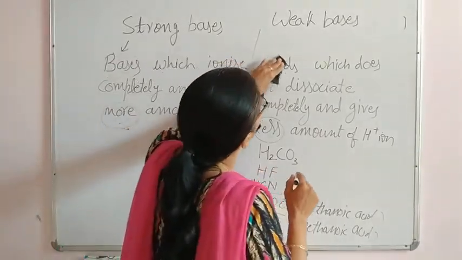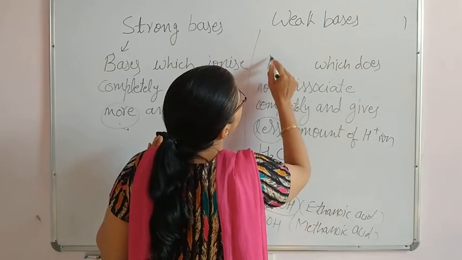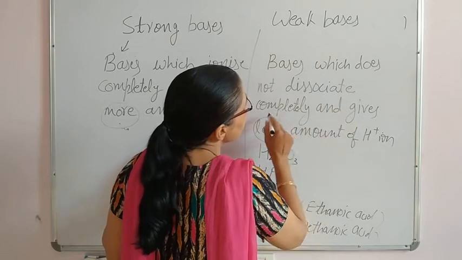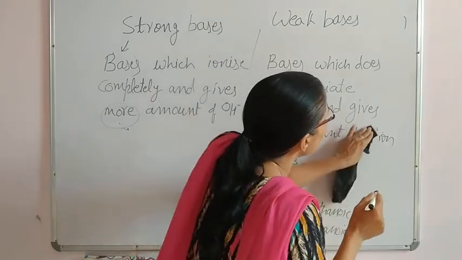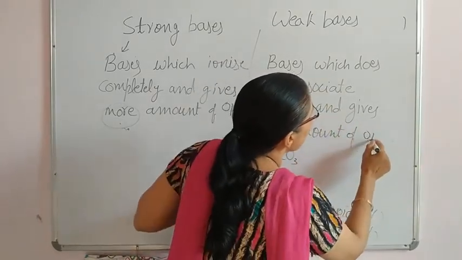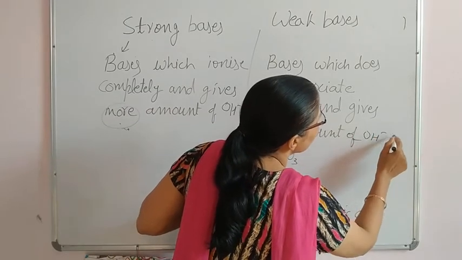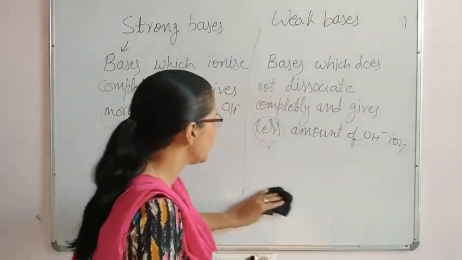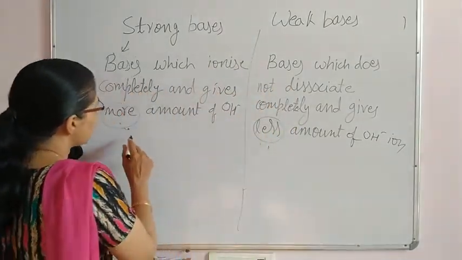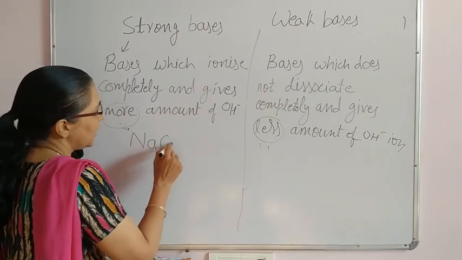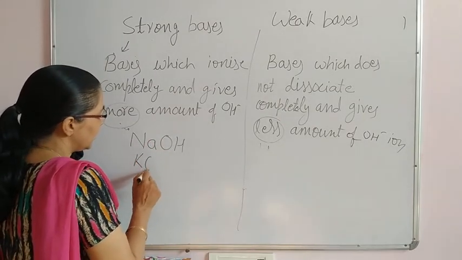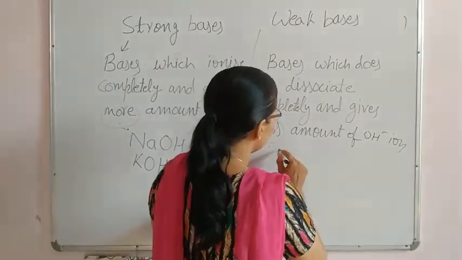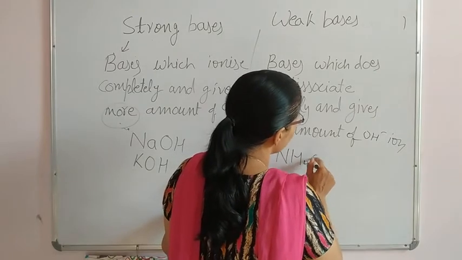And here I can mention the bases which do not dissociate completely and give less amount of OH minus ion. Now, various examples of strong bases and weak bases. Strong bases, especially NaOH and KOH, these two are the strong bases. Weak bases are NH4OH,